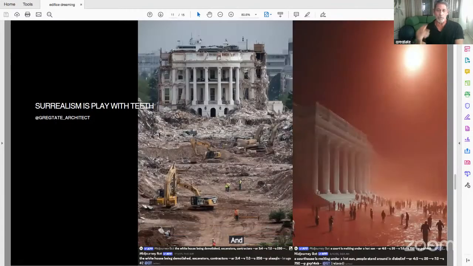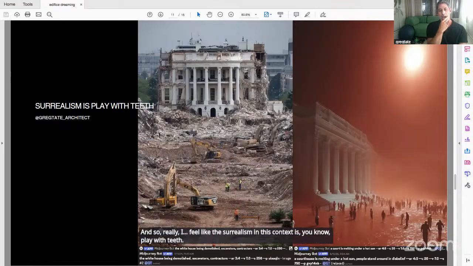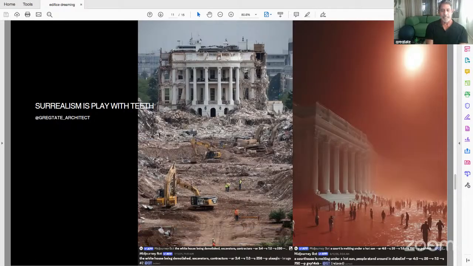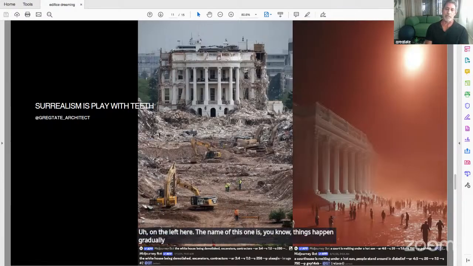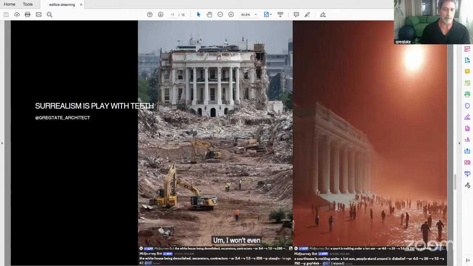And so really, I feel like the surrealism in this context is play with teeth. On the left here, the name of this one is, Things Happen Gradually and Then All at Once. You can read the prompt.